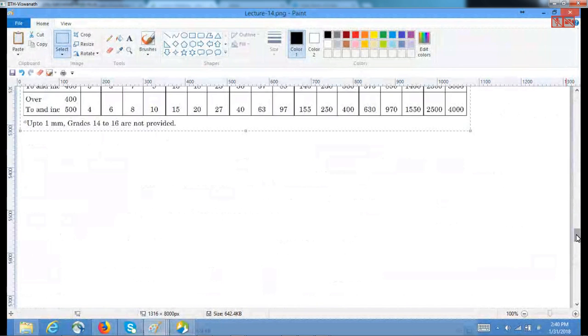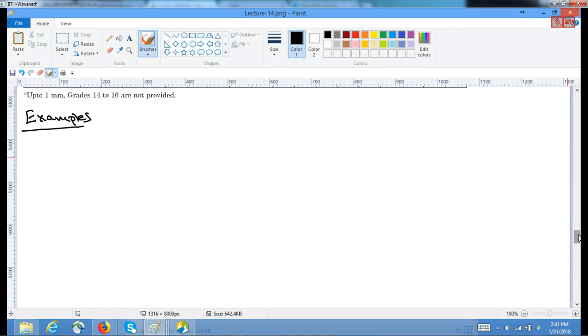So these tables are used. Now we will have a look at certain examples so that it becomes clear what we are talking about. The first one, if I say